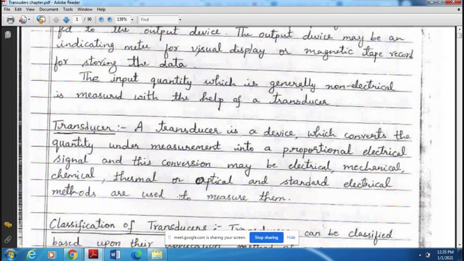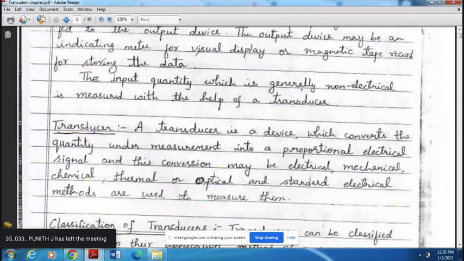So solar panels, light energy is converted into electrical energy, right? When the light energy falls on these panels, they get activated and they start conducting. Similarly, these active transducers do not require any external source for their working or for generating the energy. So they are called self-generating transducers, and they produce the output whenever it is stimulated by some or the other form of physical energy. An example of this type of transducer is photovoltaic cells.